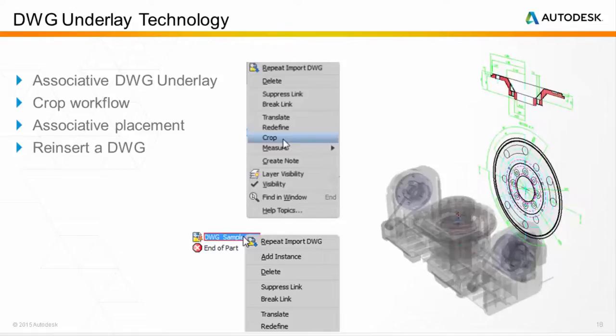The location of a DWG underlay now associatively updates when the location of the DWG underlay's plane and/or insertion points change. You can also now easily reinsert the same DWG file into the part model. This is done as a new instance, which helps support and extend the use of AutoCAD DWG files in your Inventor workflow. Simply right-click on the desired DWG node in the browser and select the new context menu option, Add